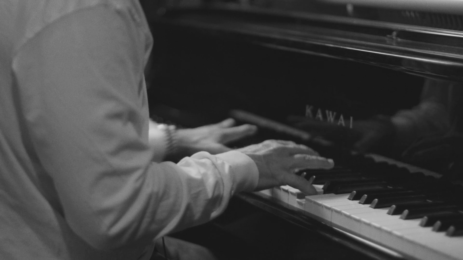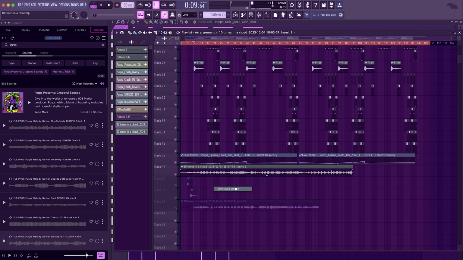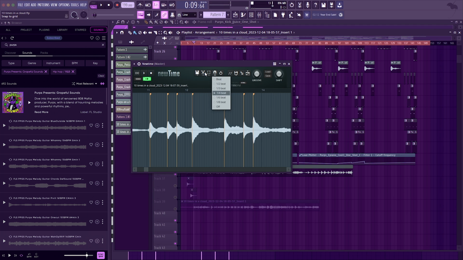People don't know about this, but you can right click right here and go to time warp sample and it will bring up new time. I go to this quantized timing magnet and I usually do half beat and I'll just control A and then control Q. And I literally quantize my audio and now it's gonna spit it out.